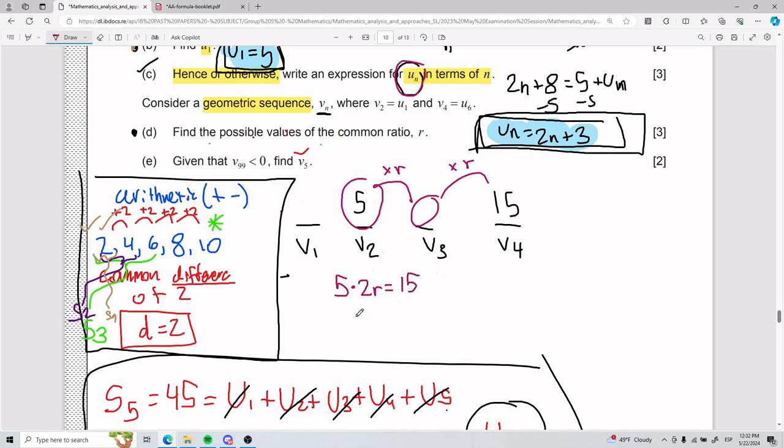And so careful, here's a slight difference. It's not going to be 5 plus 2r. We're now in the world of geometric. It's 5 times 2r. And so technically you end up with 10r equals 15. And so from here, because you want to get r alone, what you can do is divide by 10 to both sides. So r has to equal